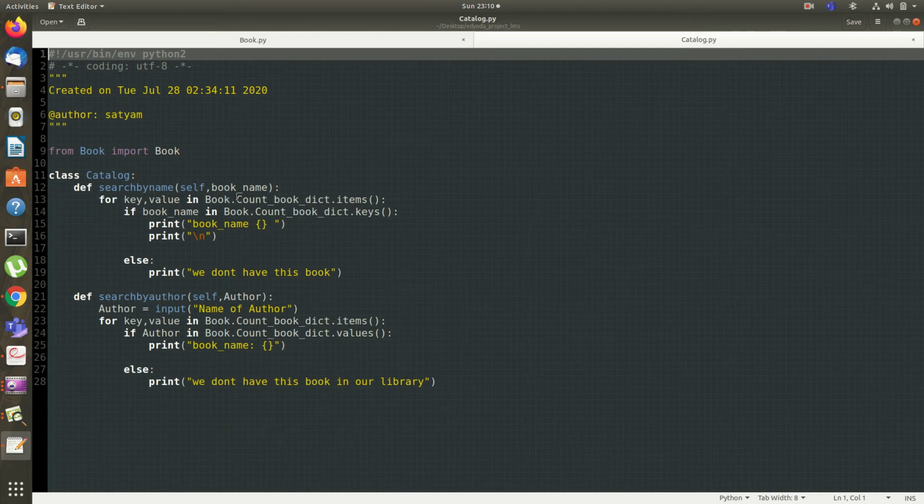Search by name takes the book name as a string, and search by author takes the author name as a string. So it searches in the book name, and if it is not found there, we don't have this book in our library.